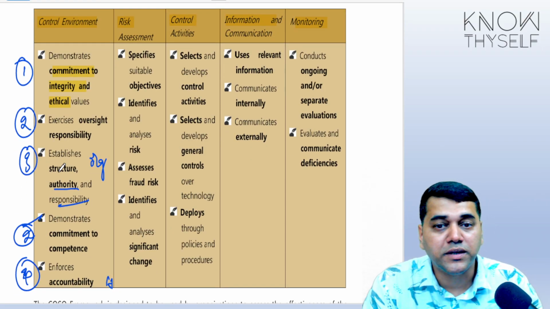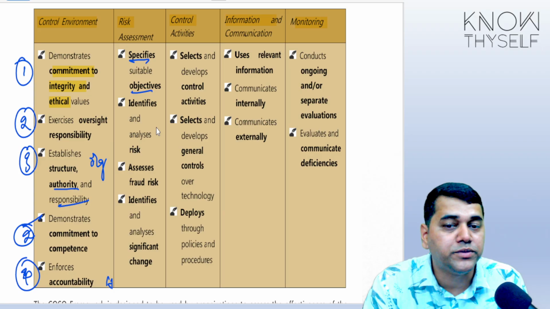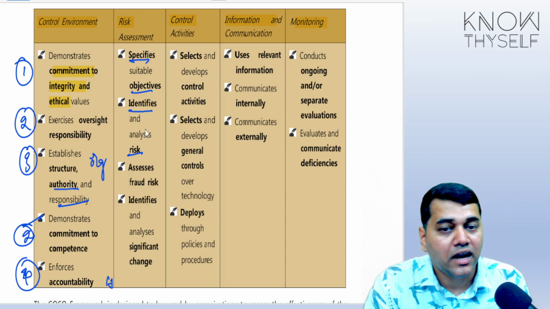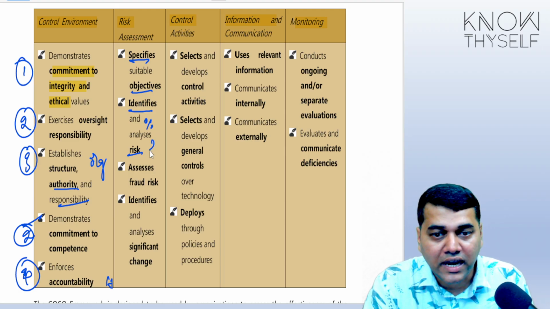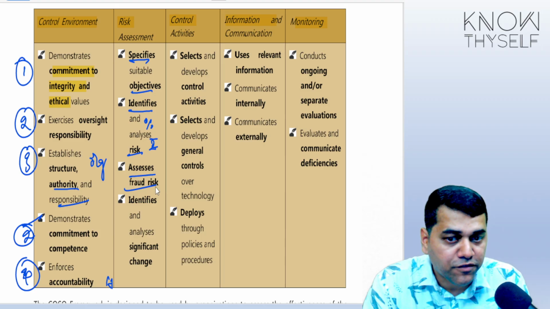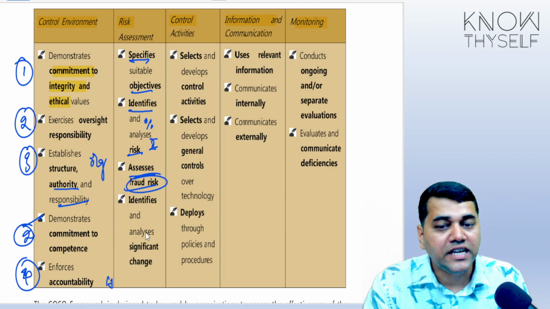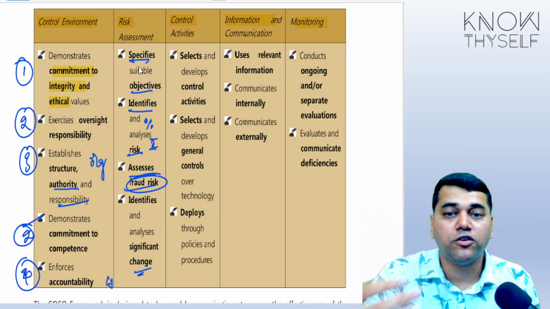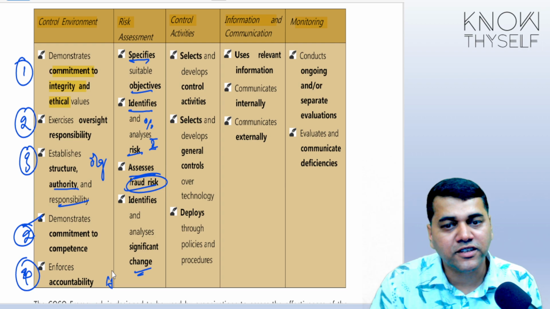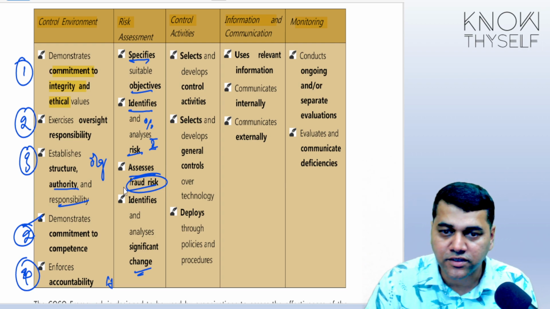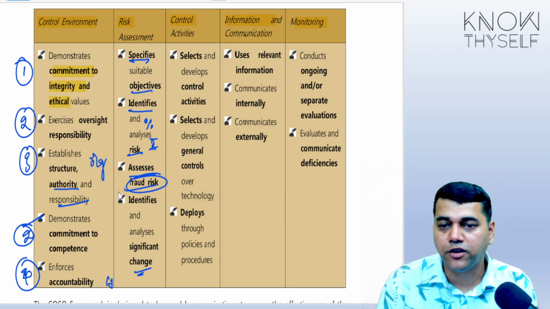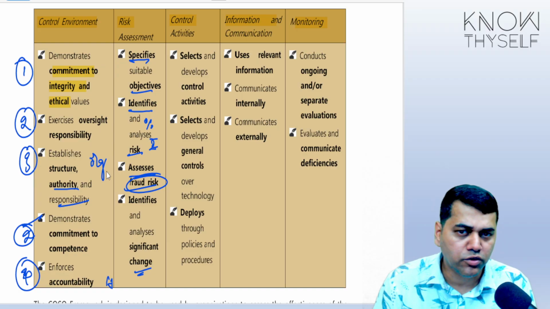Then comes the risk assessment. First, specify suitable objectives. Identify and analyze the risk, which includes your likelihood and the impact. Assess the fraud risk, and identify and analyze significant change. So these are the 4 principles of risk assessment. The risk assessment process includes identification of the risk, checking the likelihood, checking its impact and figuring out the actions. So you can remember these 4